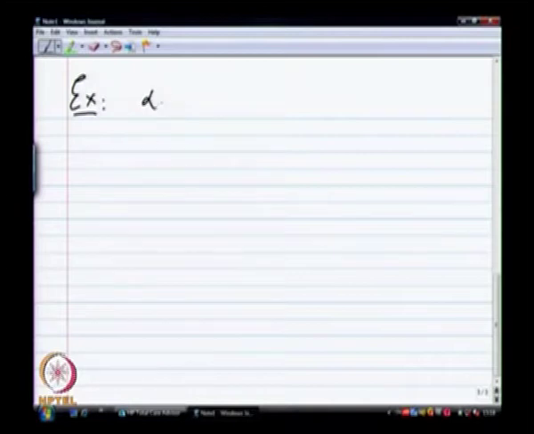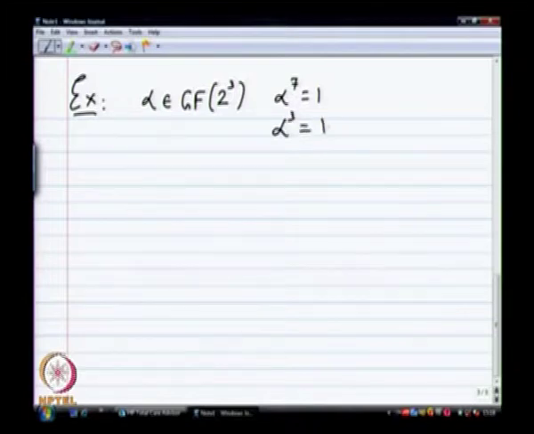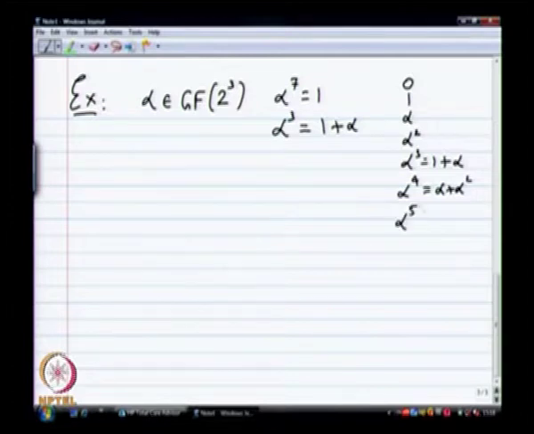We are going to stick with an alpha, let us say in GF 2 power 3. So alpha power 7 is 1, and alpha power 3 is 1 plus alpha. It is good to make the table. So you have 0, 1, alpha, alpha square, alpha power 3 is 1 plus alpha, alpha power 4 is alpha plus alpha square, alpha power 5 is what? Alpha squared plus alpha plus 1, alpha power 6 is, what is the only other missing? 1 plus alpha squared. So, you can keep this table with us to help us in the computation,